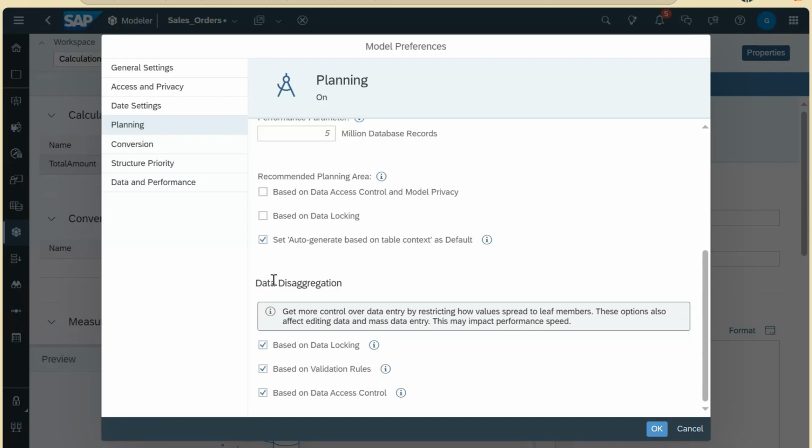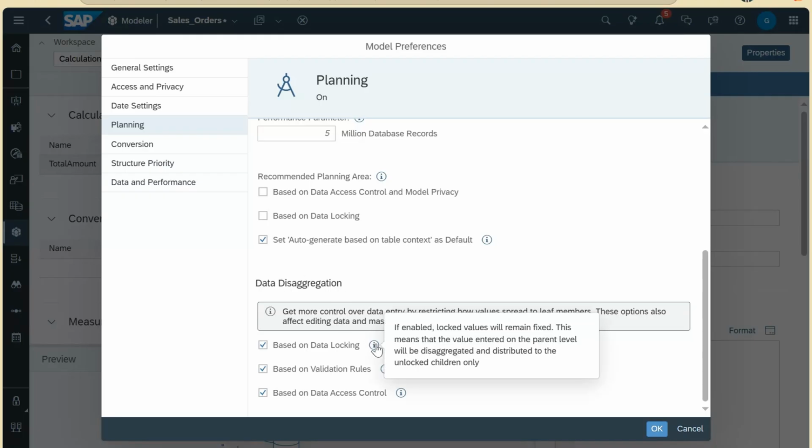Then there is a data disaggregation option. How the data disaggregation works: when you distribute the data from the top node to the child nodes, the disaggregation happens based on certain drivers or based on weighted average. There are a couple of options for how we do the disaggregation. But it is also important to know how this disaggregation will happen. So for example, if something is locked and you don't want to change the data, for example, you have a country, within country you have a state, within state you have a